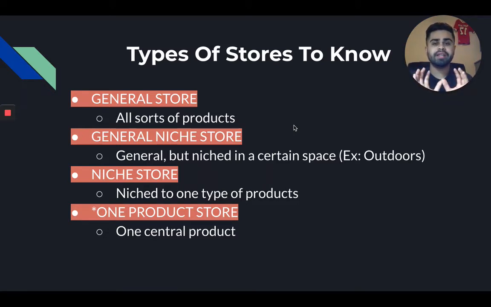You want to build a community of a certain audience that keeps coming back. Retention rate and the lifetime value of the customer are very important. With general stores, it's very hard to steer because you have a bunch of different people coming to your store, and your pixel is also going to get confused unless you're using an app like Trackify to segment or split up your pixels. All in all, longevity and revisiting customers are very hard to attain for general stores because there's no sense of direction.